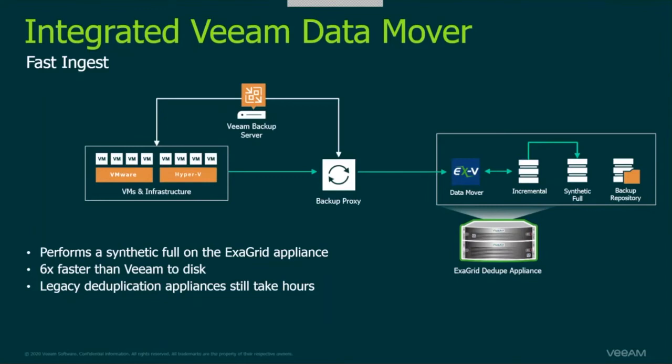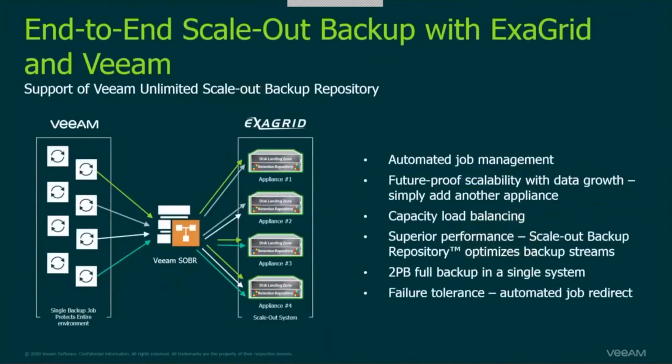And of course, with that data mover piece, that is the unique integration point whereby the data mover is residing in the ExaGrid dedupe appliances, which helps in processing internally, very close to the incremental and the full backup files. So it helps in meeting your backup windows with the explosion of data that you have. It helps in recovering your data. It helps in protecting you from a cyber threat with immutability, right? So end-to-end, unlimited scalability, as I mentioned,